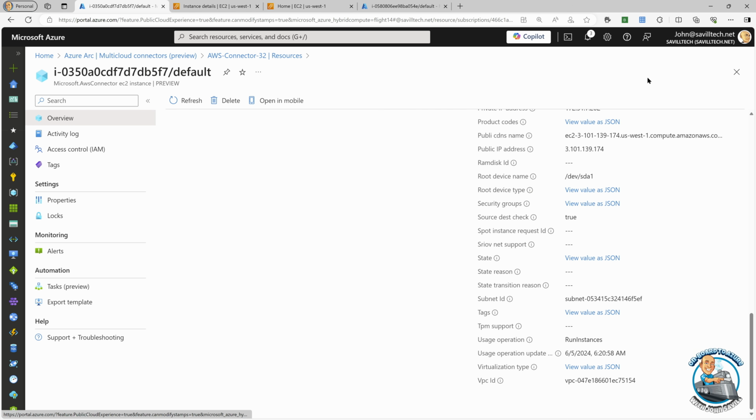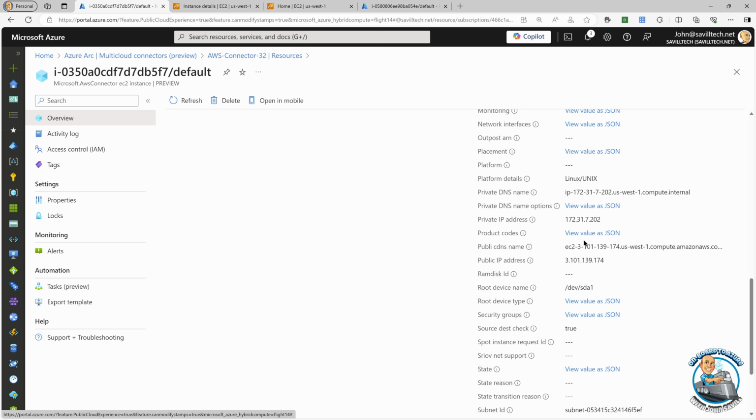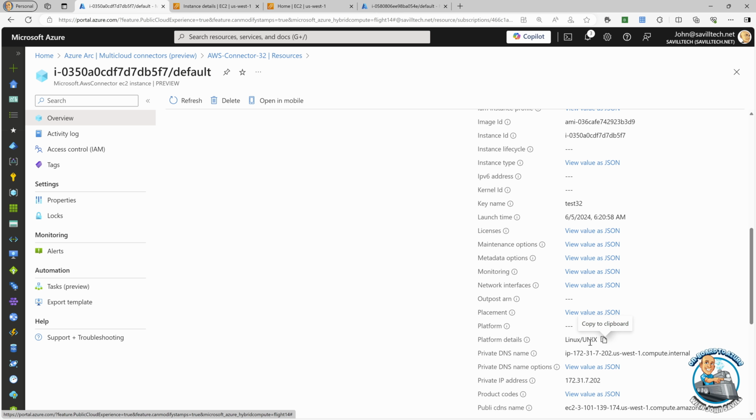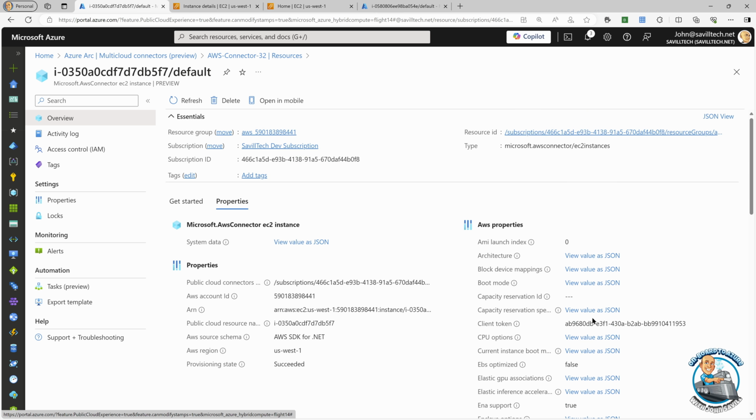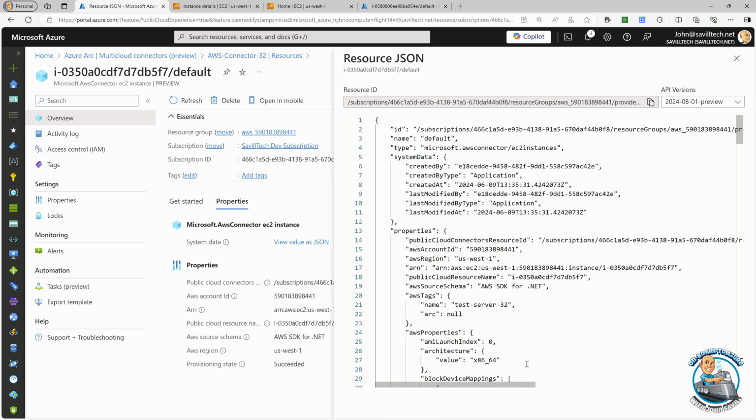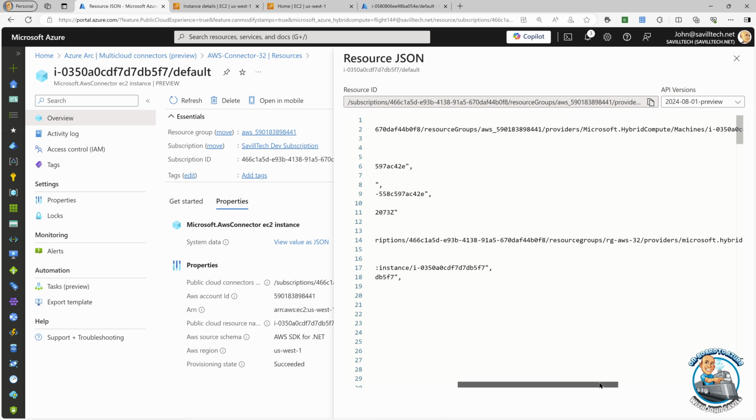So those are right there. I could, if I wanted to, go and add ARM tags. Now they're stored as different values, but I could optionally go and add some ARM tags if I wanted to. But I can see all the detail. I can see it's a Linux, Unix. I have that there. And again, if I look at the JSON view, because this is an EC2 instance, remember